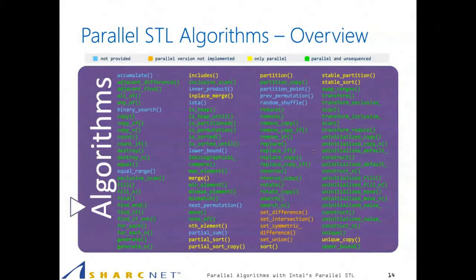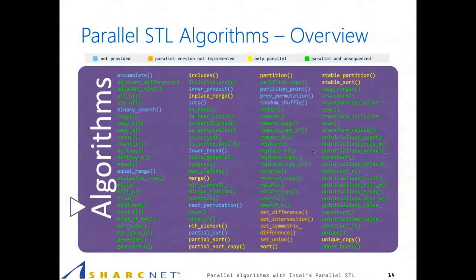And there are some algorithms, like set difference and set union, that have an execution policy as their argument, but the parallel version is not implemented in Intel's Parallel STL. And those that are in blue are those algorithms that, as I mentioned previously, don't have a parallel version